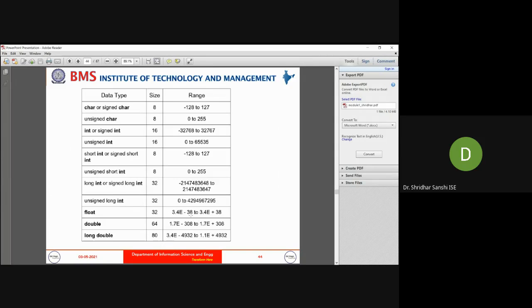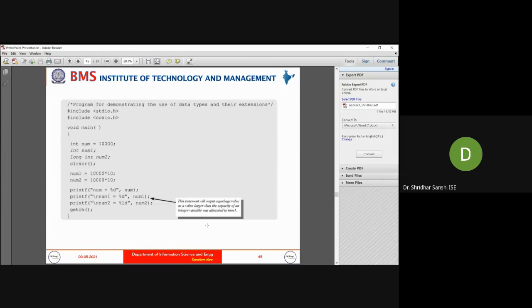Long integer is 32 bits, so the maximum range is this value. So the result of num2 is within the range, so that's why we will not get any error here, but we will get an error in num1 because it exceeds the maximum range.